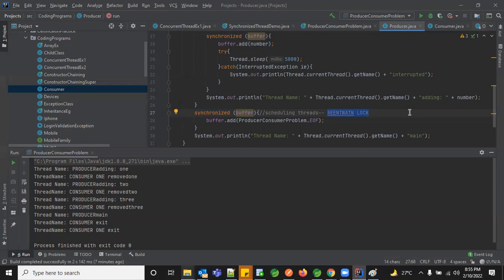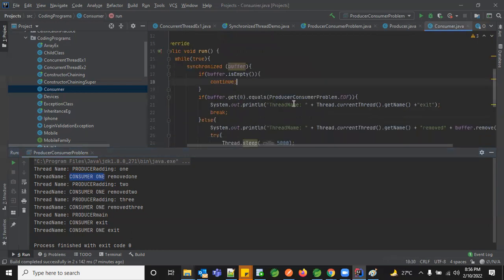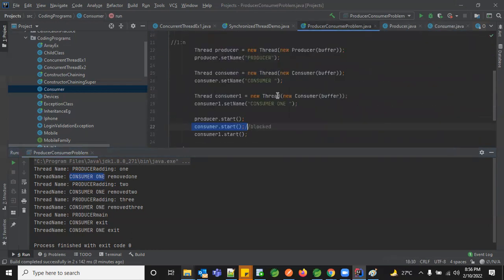In that case, the consumer one will not always be the only active one; the other consumer also will be active and read the data. So the shared resource will be accessible to all the threads and not to one thread. Every thread will be running and not blocked. So it is more of a flexible scheduling activity.